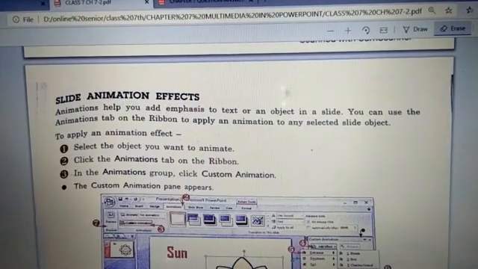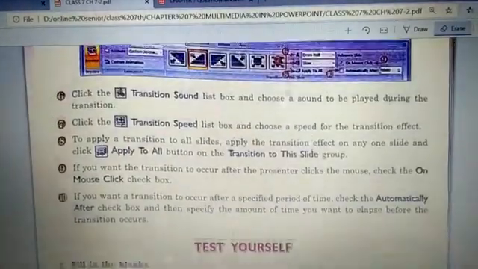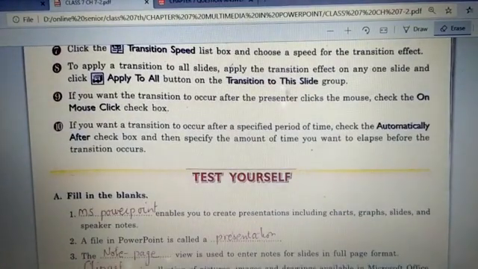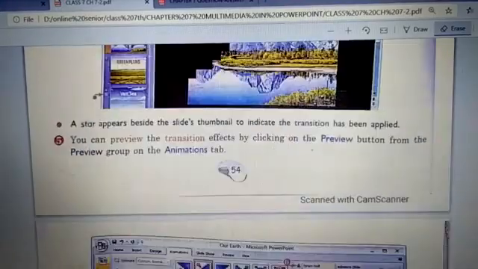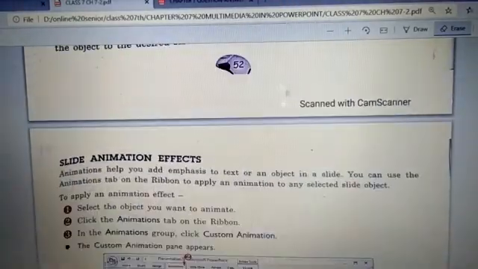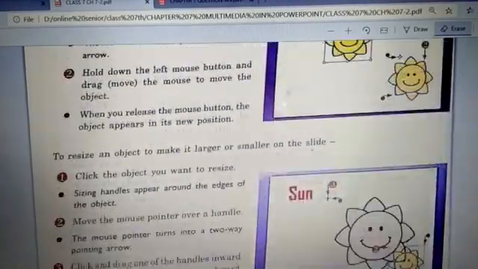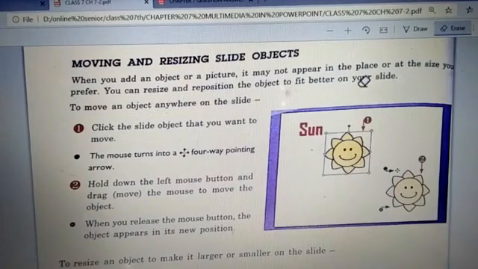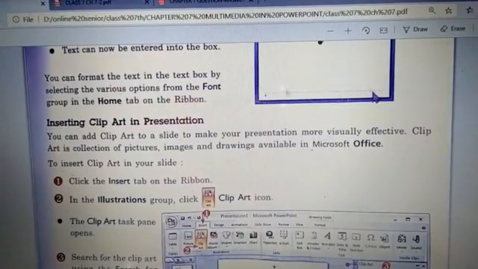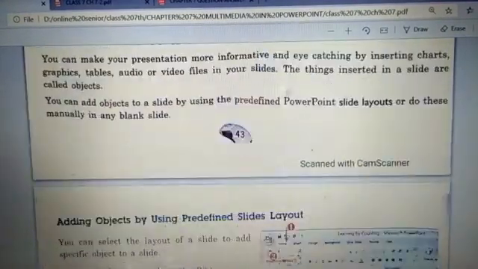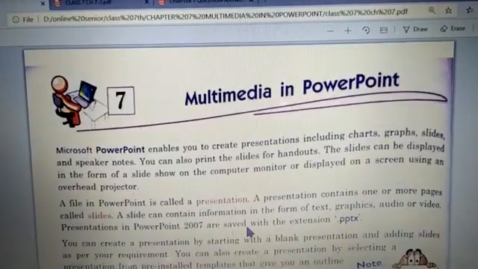And children, don't think that I will give fill ups from the exercise only. From the entire chapter I can give any fill up. So be prepared. And how you will prepare, children? The main things, whichever things are in red color. Okay, see, from the first part of the chapter, see all these things which are highlighted in red color, presentation, slides.